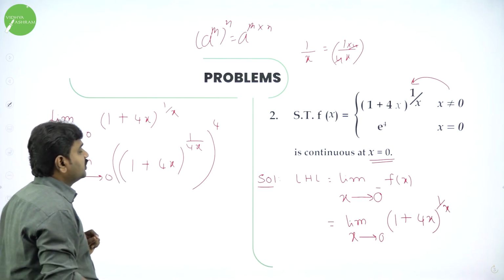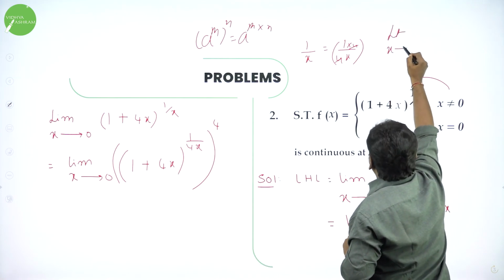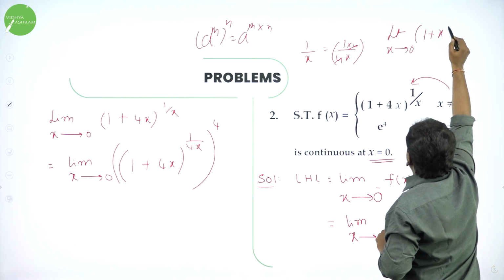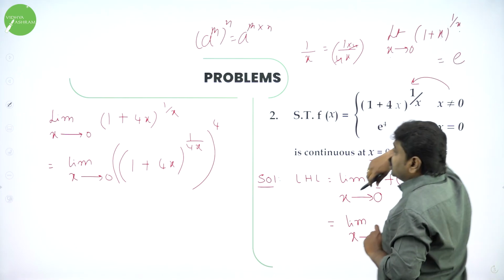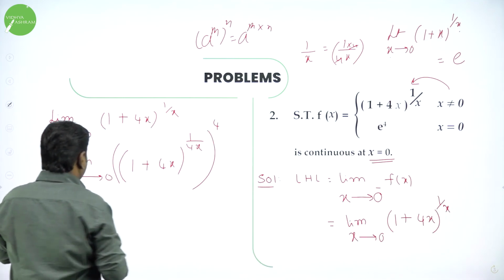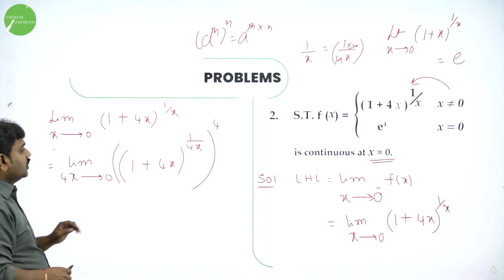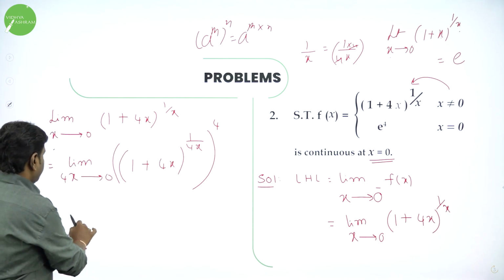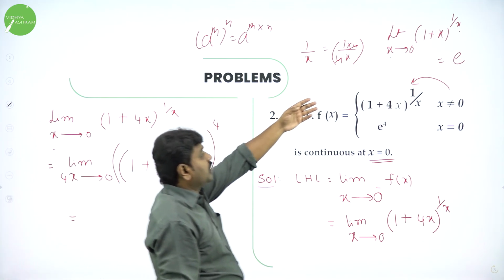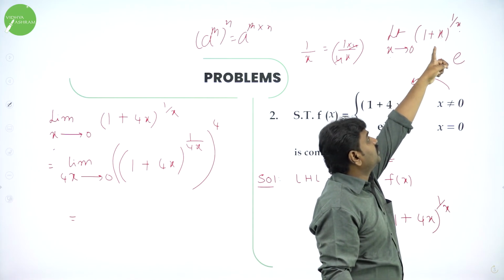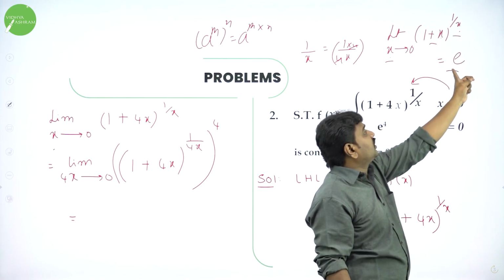What is the standard format? We have another theorem: limit x tending to 0, if you have (1 plus x) power 1 by x, meaning if this and this are the same, the answer is e. Now if x is tending to 0, 4x also tends to 0. Now this whole internal part becomes e. When you apply the limit, in place of x you should not put 0. Use the formula. What is the formula? Limit x tends to 0, (1 plus x) power 1 by x is e. Means if this is x and the power is also x, the answer is e.